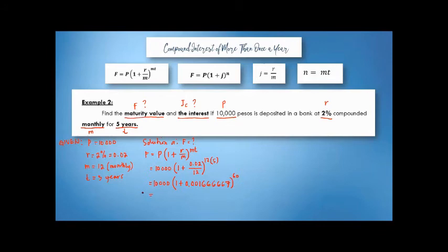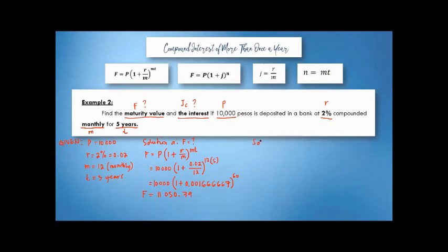Now, the final answer for that is 11,050.79. So, meron na tayong future value, given na rin tayo ng present value, pwede na natin makompute yung compound